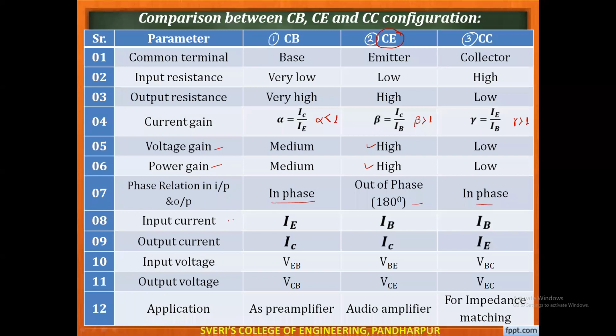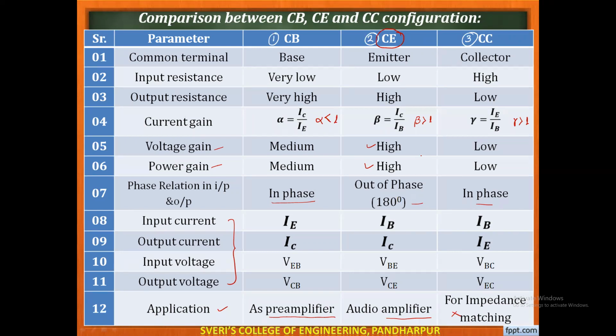And the last 4 parameters are input current, input voltage and output voltage, which we already discussed, and the application of every type of circuit. The common base is also used for amplification, and the common emitter is also used for amplification, but the common collector is not used for amplification; it is used for different purposes. So forget about that purpose. Get it my point? So this comparison chart is very important from an exam point of view, for your online MCQ type of exam.